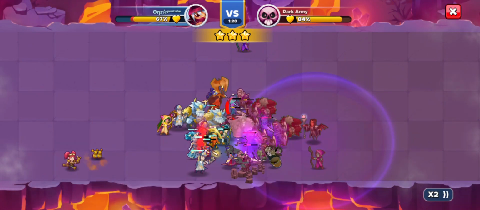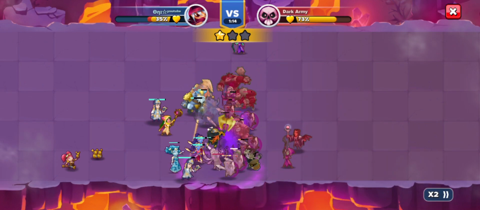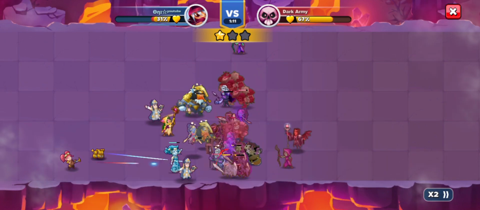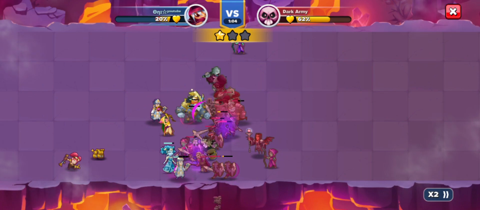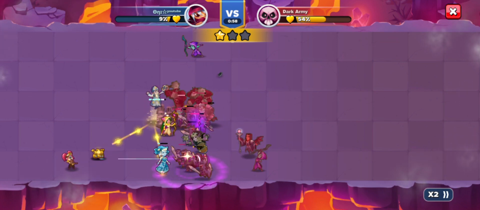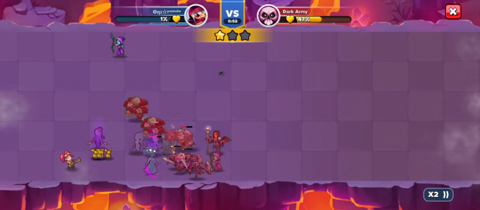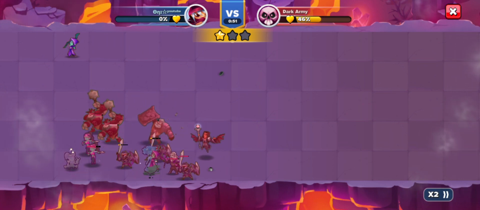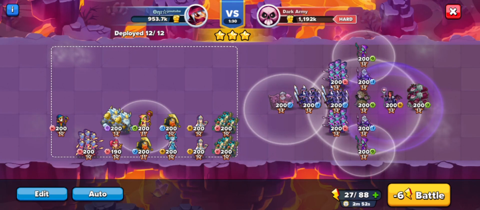Okay, so as you see, we're getting beaten straight away, but our healing's supposed to do something. Maybe at some point they will do some healing. Bloody, come on. No, we're gonna die very gracefully. Yeah, there you go. But if we do something like this,